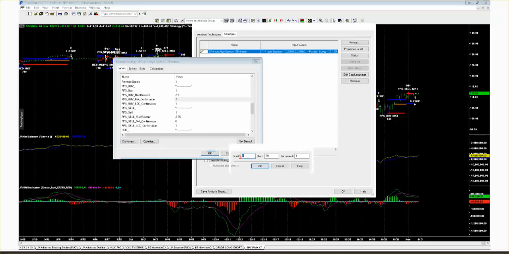And you can go in a 60-minute. I wouldn't do any less than 3, because then you don't really have a moving average. And I wouldn't use more than 20 periods, but you could go up to, I guess, 100 if you want. Remember, the more numbers you're asking for with a jump rate of 1, the longer the optimization would take.